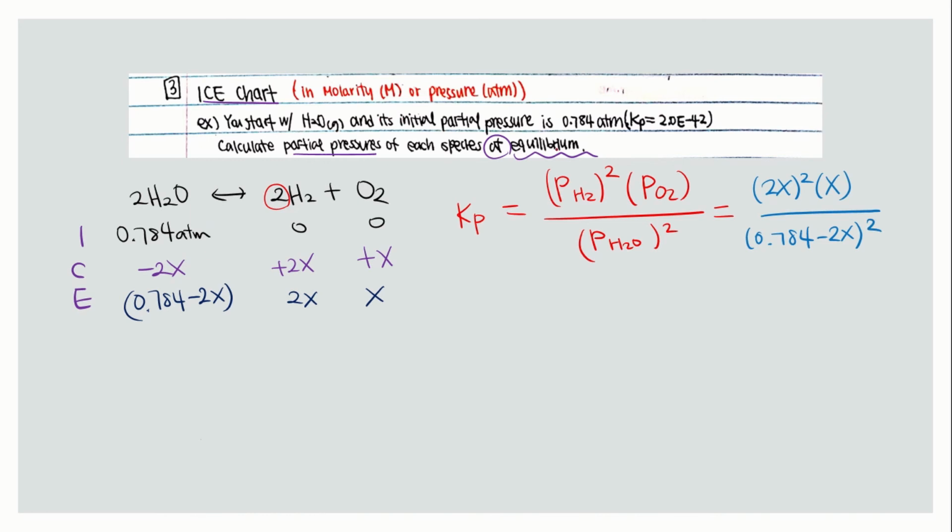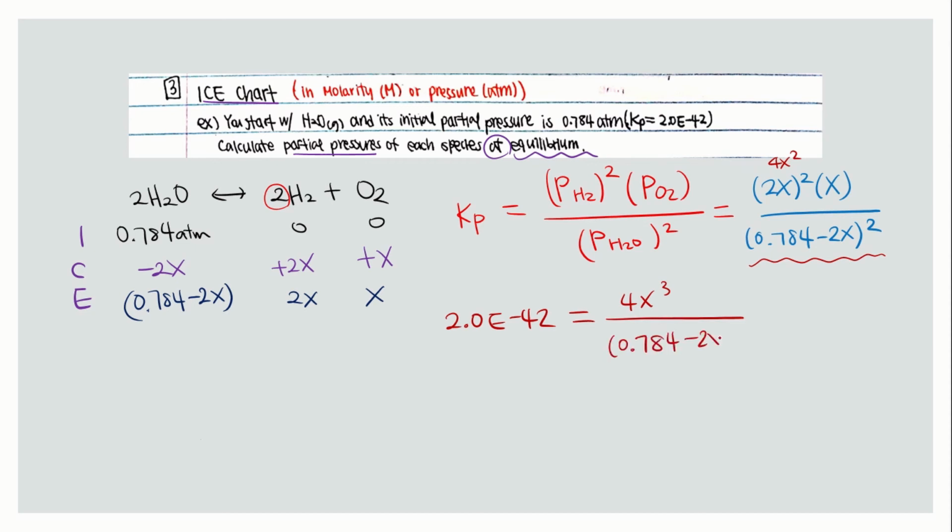And then the question gave you the Kp value, which is 2.0 E negative 42, and that equals this expression right here. And you simplify this: 2x squared is 4x squared, and that times x is 4x cubed over